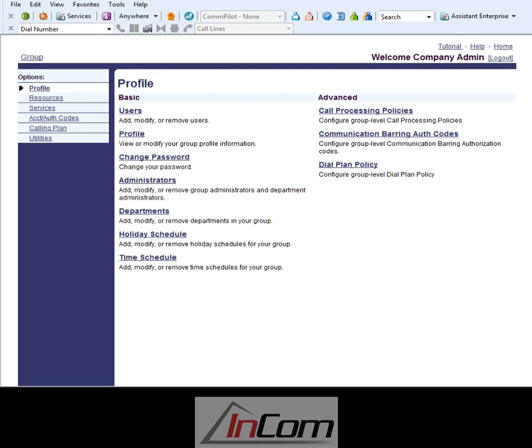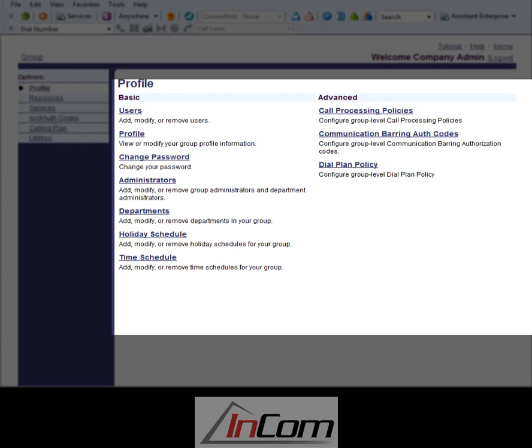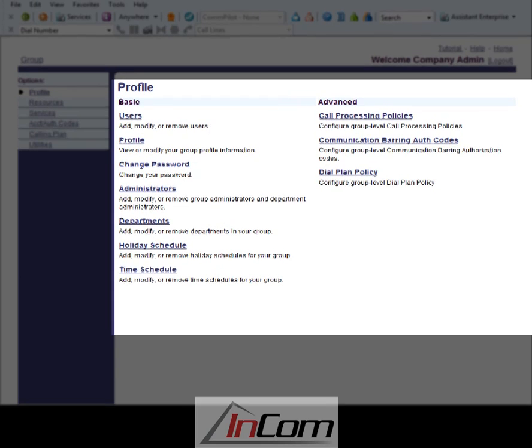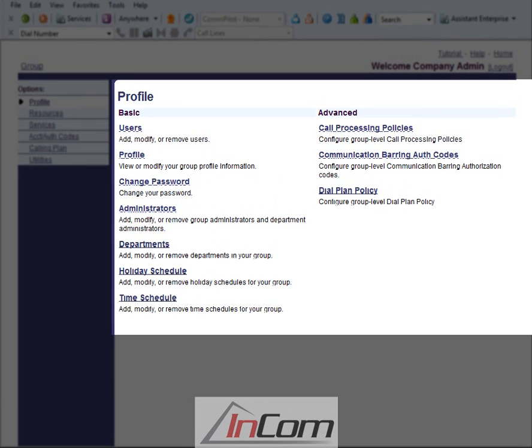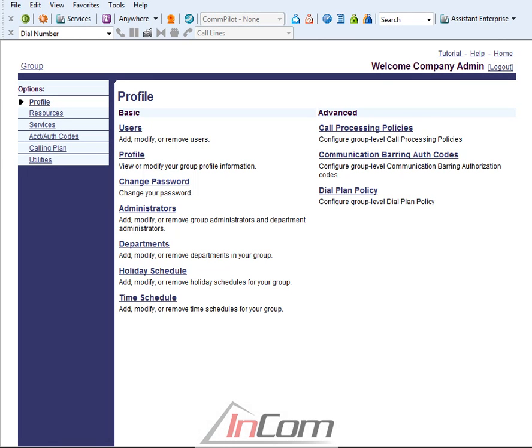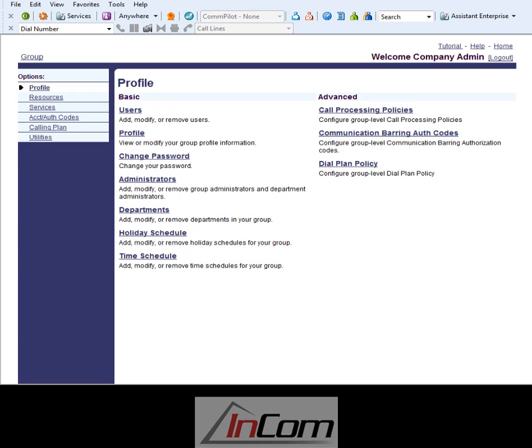The Profile section of the Group Administrator's web portal provides access to all users and administrators in the group, the ability to modify and create departments, and creation of business and holiday time schedules. One of the most common requests for group administrators is to reset and change a user's web or voice portal password. To reset a user password, from the Profile page, click on Users,